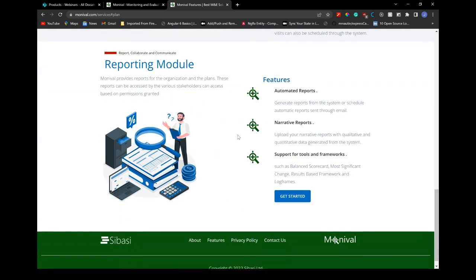And finally, we'll highlight the reporting module. This is a very major module based off the two previous steps. Without this module, the first two steps won't really be of importance. The reports help us get the reports from the data that we've collected. The good thing about it is that these reports are generated automatically by the system based off the data that was produced. And they're also customizable for you,